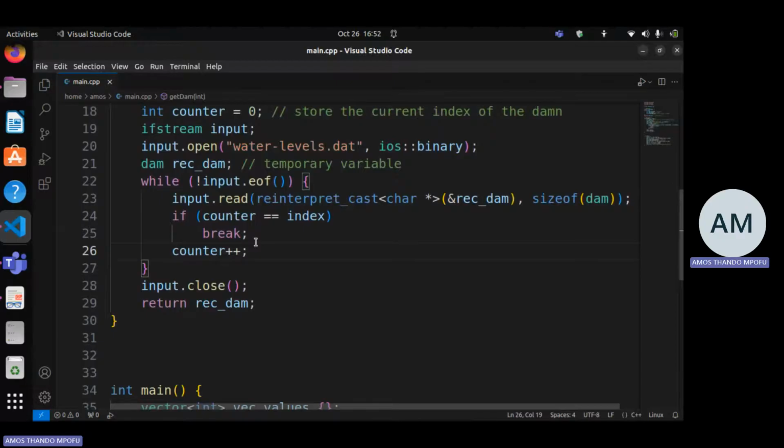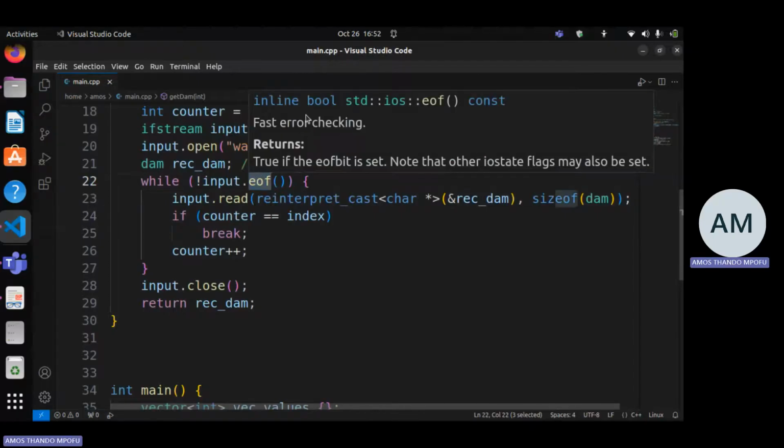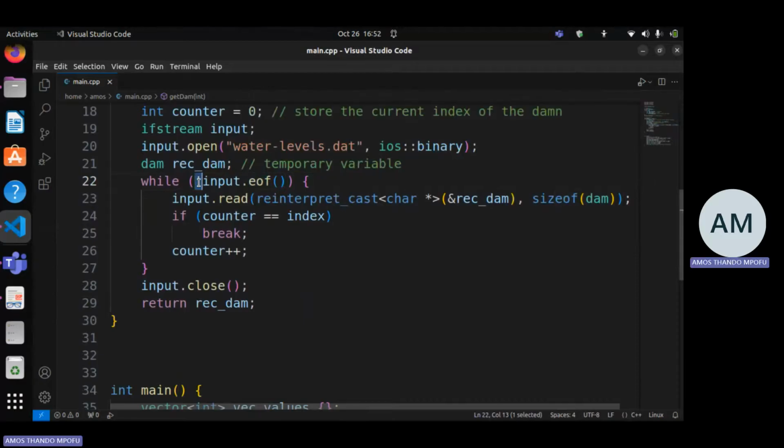And if you're not given the number of record structures to read, you can just use the EOF function and say while it's not, remember the exclamation mark, it means it's not, you're negating. Remember this one returns a Boolean, right? It returns a Boolean saying, okay, true, I am at the end of the file. But then I need to negate that and say, no, if you are not at the end of the file, then